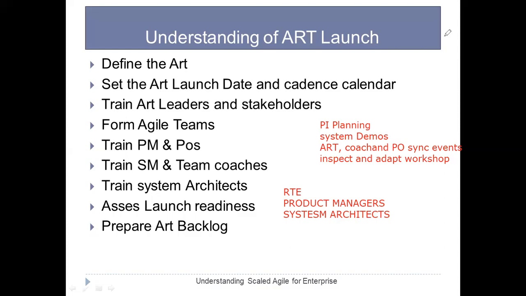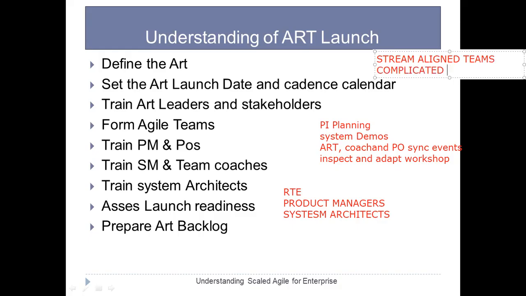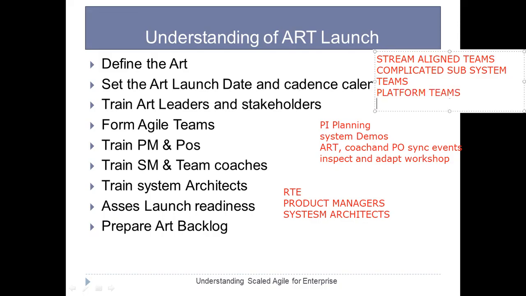Next is to organize agile teams with different team topologies. There are four fundamental team types which simplify the task of organizing around value, wherein the first one we call stream aligned teams. The second one is called complicated subsystem teams. The third one is platform teams, followed by enabling teams. Okay. Now, when it comes to stream aligned teams and all, they are end customer aligned and